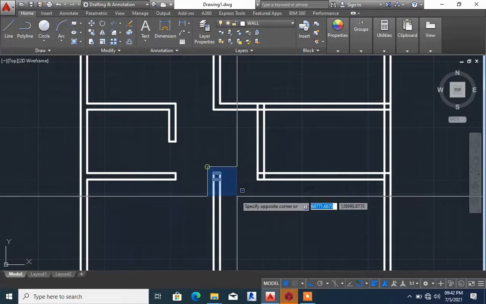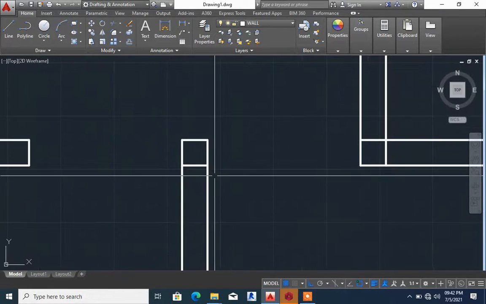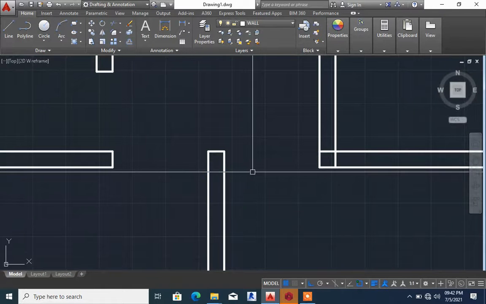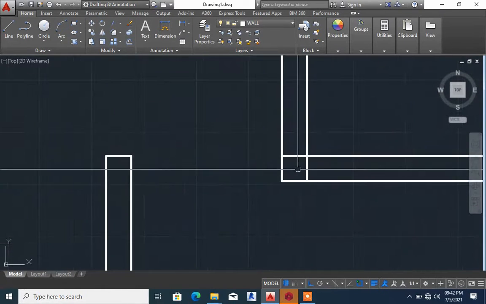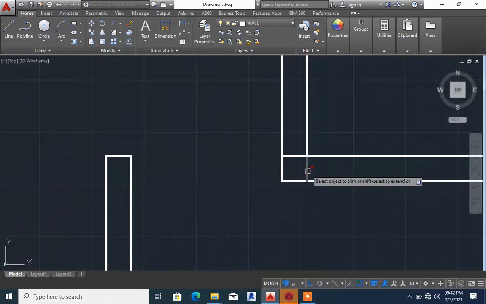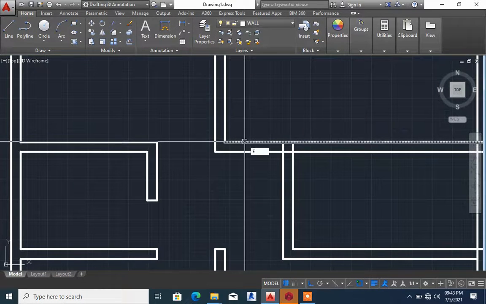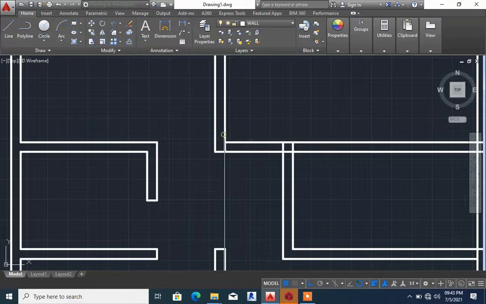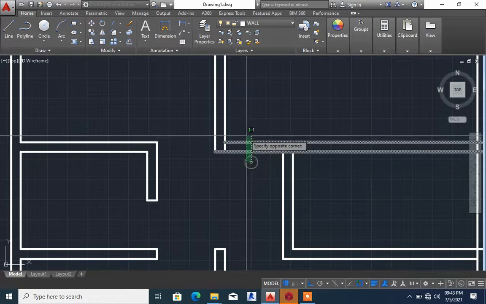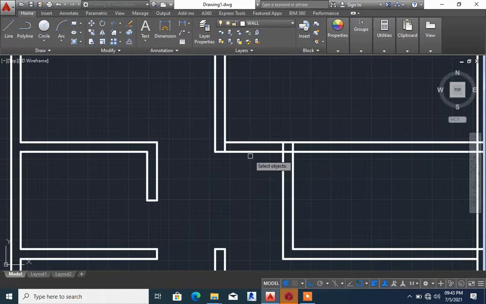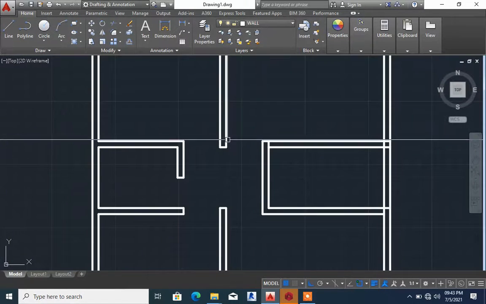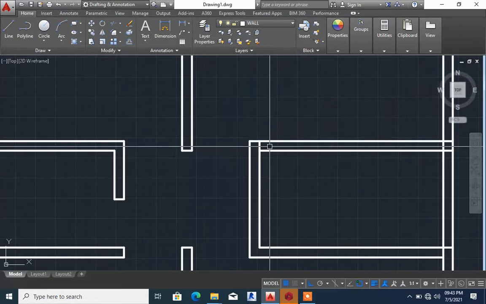I have to erase this because it's not a part of the wall. Then trim this, then extend this guy and trim this off, TR, right click, trim it off, trim this, then offset 750 for my bedroom door,